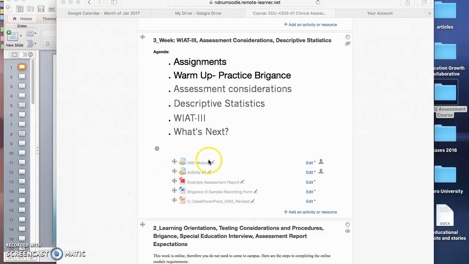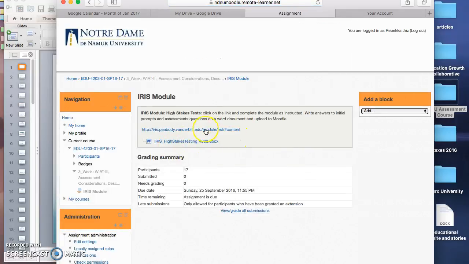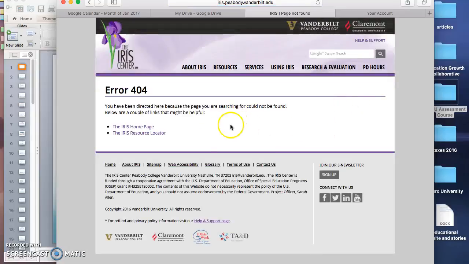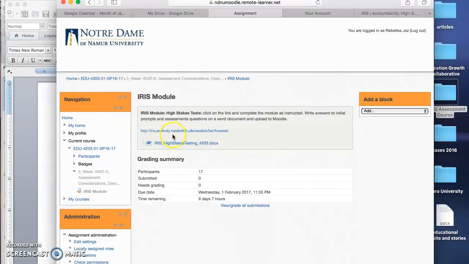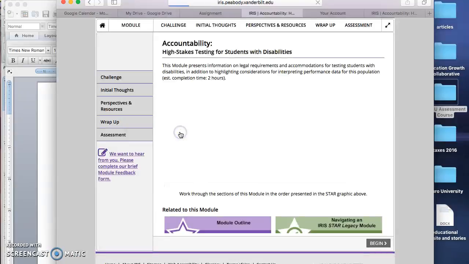As you can see, we also have an IRIS module this week. The IRIS module is online, so I can actually go through it right here. You can see I've got a link right here. You're going to click on that link. And you can see there is an error with that link. I've now fixed it. So now you will click on this IRIS module link, and you can see right here it's got a link to an outside